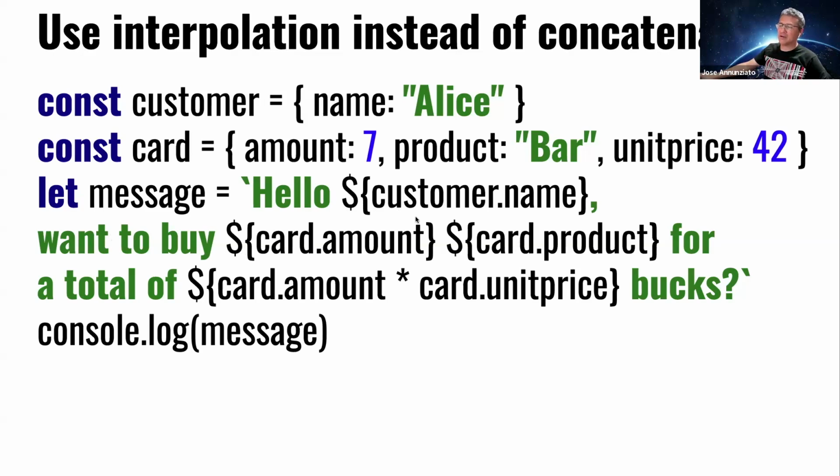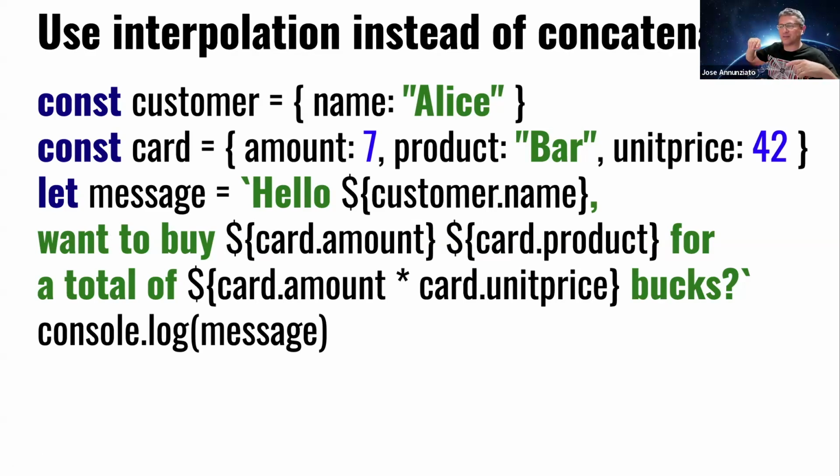So bar. So buy 7 card bar for a total of, and then amount would be 7 times unit price 42. So 7 times 42 bucks, right? And print. So again, this is a string that we have dynamically calculated and we have concatenated together without